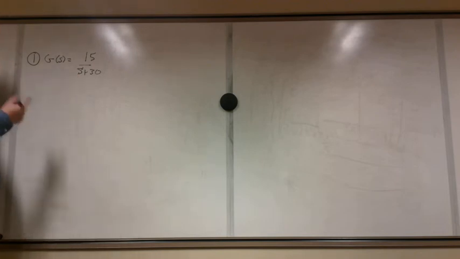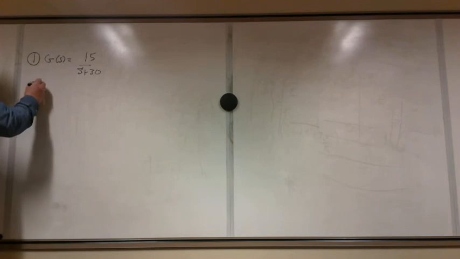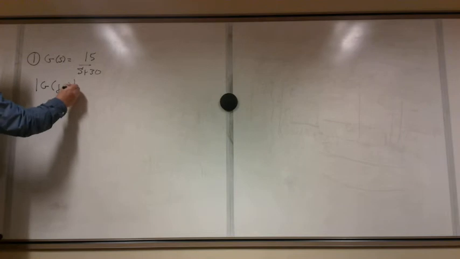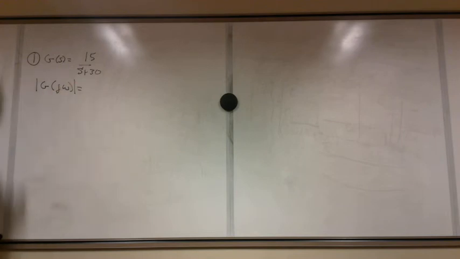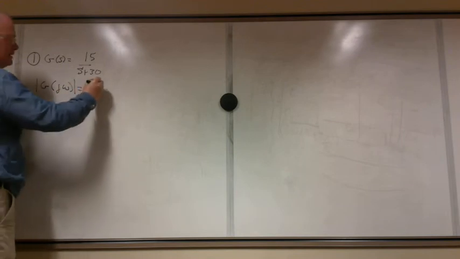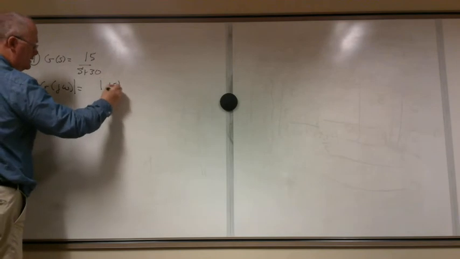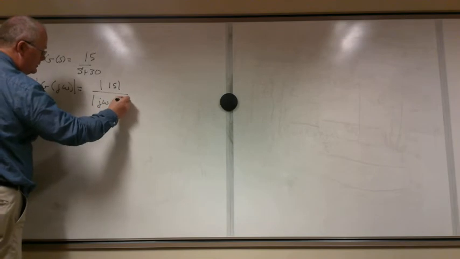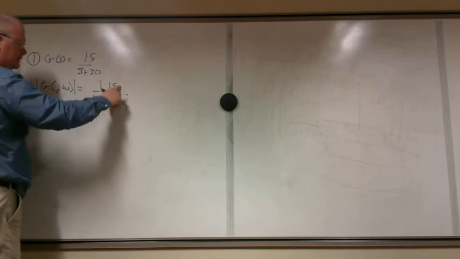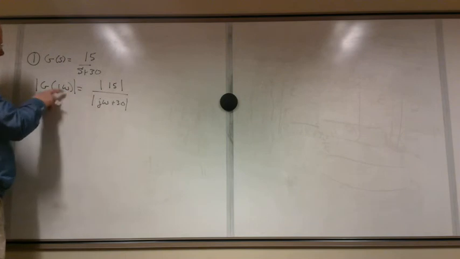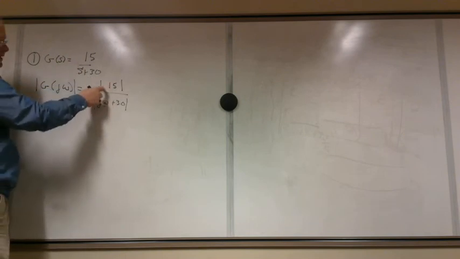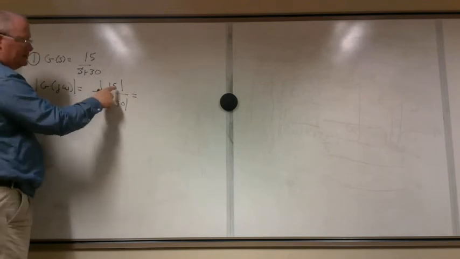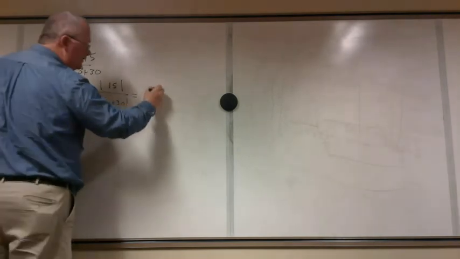What we know is that the magnitude of this is going to be the magnitude of G of J omega. Okay, that's the expression for the magnitude of the transfer function. So in this case, that will be the magnitude of 15 divided by the magnitude of J omega plus 30. We replace, and the magnitude of the entire expression is equal to the ratio of the magnitude of the numerator divided by the magnitude of the denominator. And so the magnitude of 15, I'll bet you can figure that one out, that is